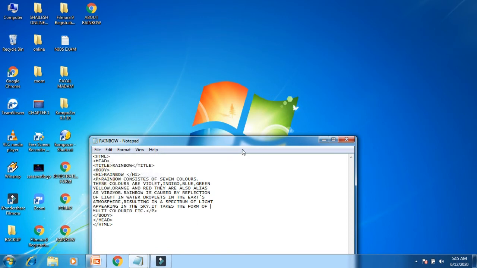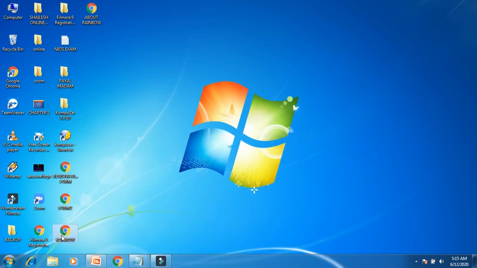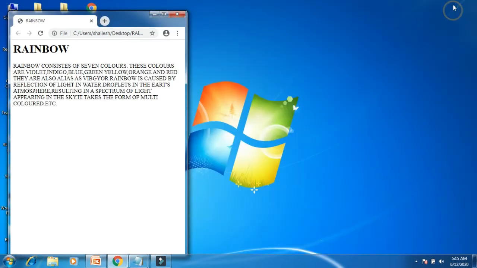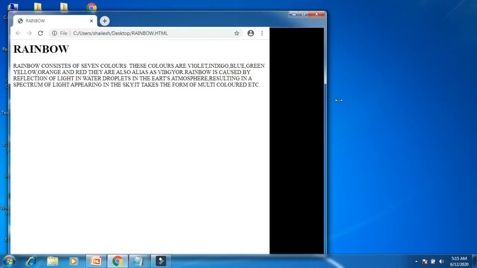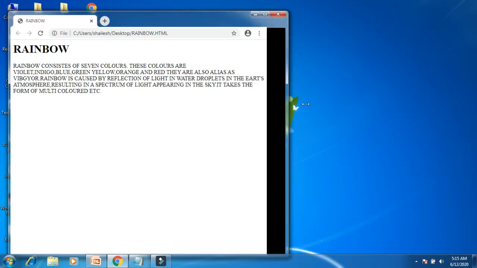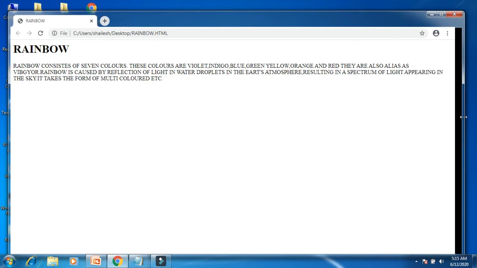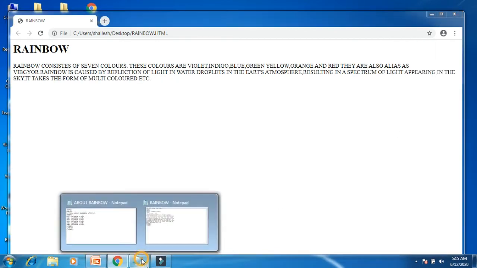I save this program and I will open it in the browser. So student, you can see this in paragraph format. If I maximize or minimize the size, according to that this paragraph is managed. Are you able to see? Okay, I hope you understood this thing. Okay, now the next tag is